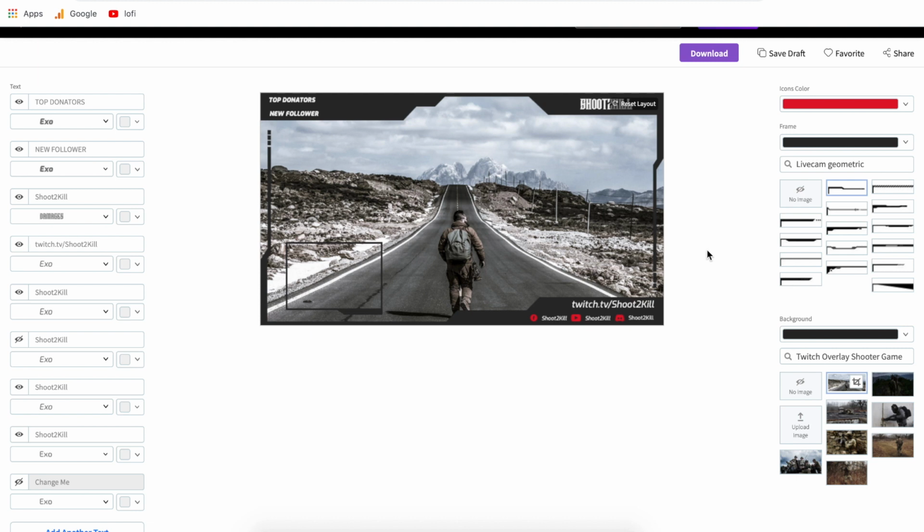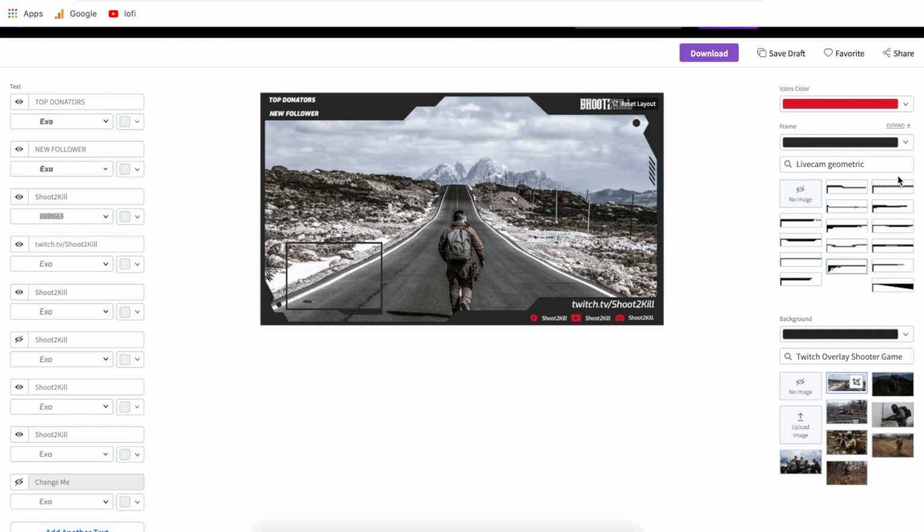Now, one of the main reasons that I use Placeit for creating my templates is because they have custom features like this. This is the frame that you're able to edit. So you just click different ones and it edits it right into your design. You don't have to move any positioning. It's really just a few clicks and you can find what frame you like best. They make it very easy for us.